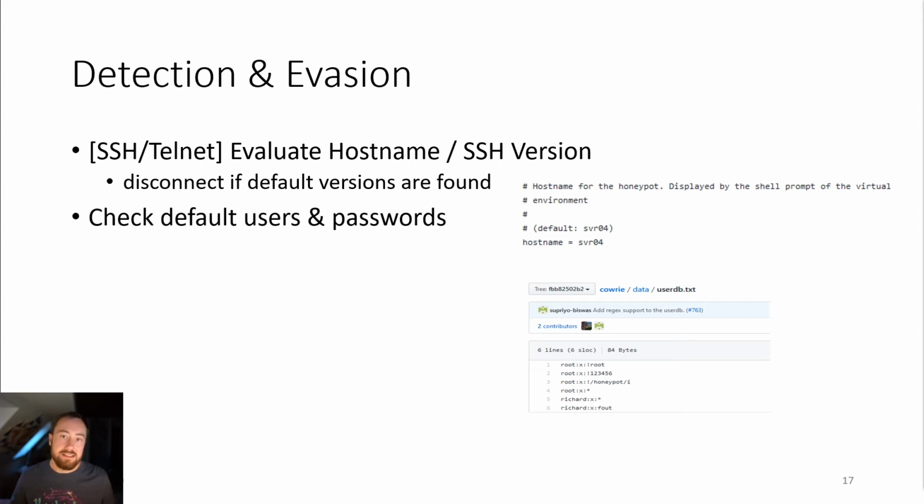So if you get a honeypot and you set it up, please try to change as many default settings as you can. Because, for example, what you can see here is that Cowrie per default used to have the hostname SVR04, which led to